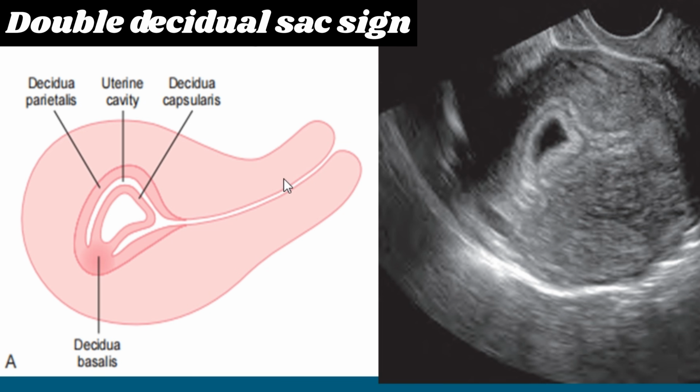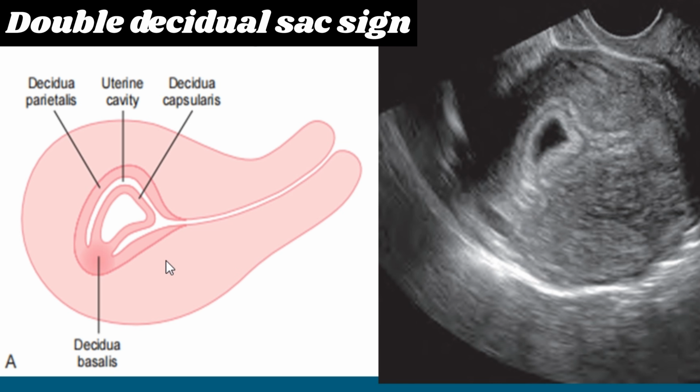And this is the double decidual sac sign. This one is the schematic diagram of the double decidual sac sign, and this is the corresponding longitudinal transvaginal ultrasound image, and it depicts the three layers of echogenicity surrounding most of the intrauterine gestational sac, and the layers correspond to the decidua on both sides of the uterine cavity,